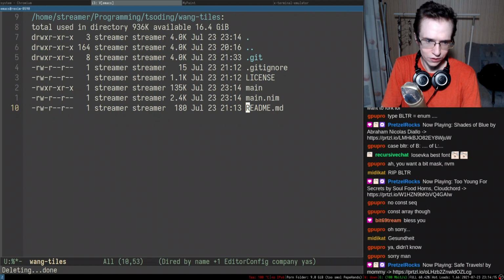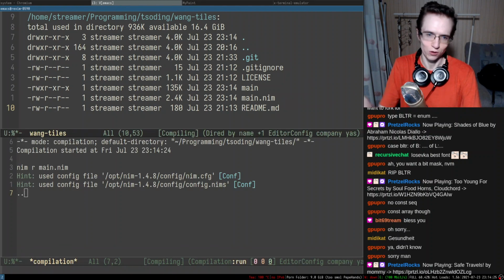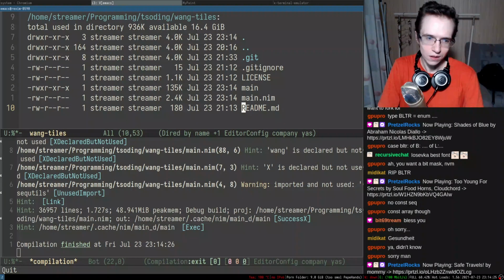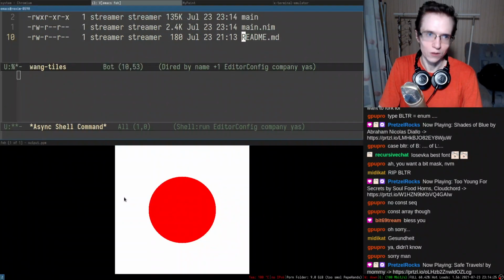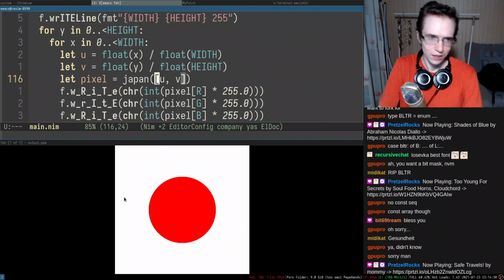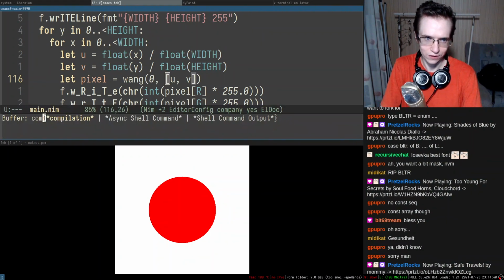If I remove this entire thing and it recompiles, I'm an idiot. You're supposed to run this thing. Okay, I can see it now. There we go. Here's the Japan flag, and I'm going to put 0 in here.